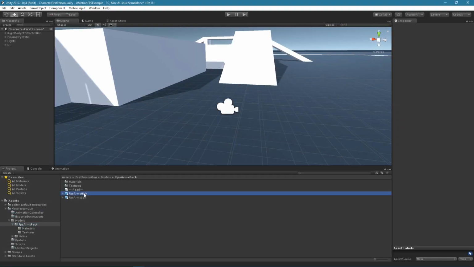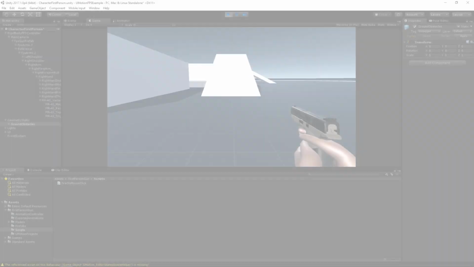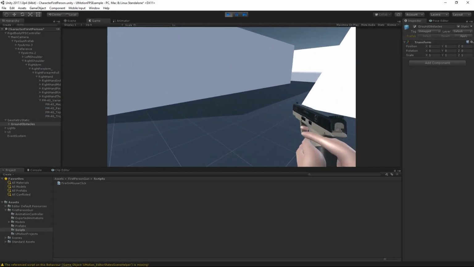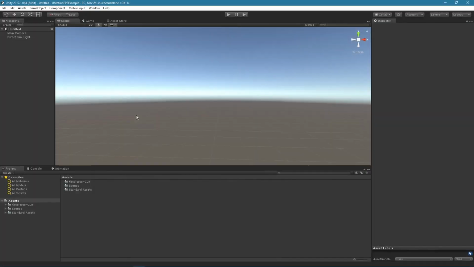For this first episode, we will start with something simple. We will combine first-person hands with a gun and create a shooting animation. Please note that I will teach the basics of animating, so even if you are not making a first-person shooter game, I would still recommend watching this tutorial as the basics are the same no matter what type of animation you are creating.